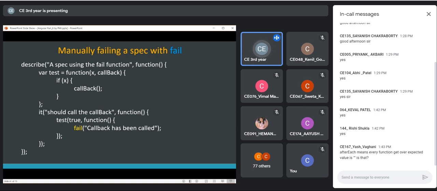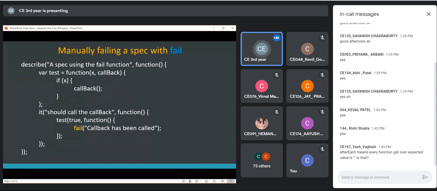So what is the question? After each function gets over, the expected value is an empty string. Yes. Within your test suite, you can have multiple test cases, and these test cases are written via the it function. In the it function you have the callback function, wherein you compare the actual value and the expected value.